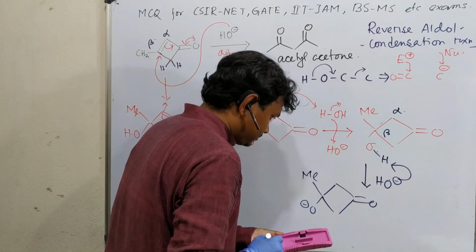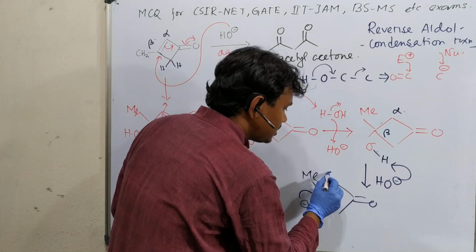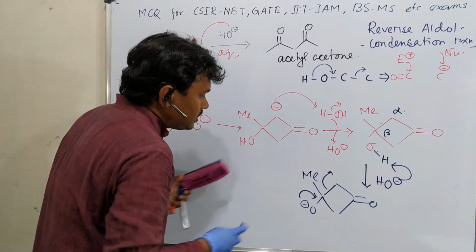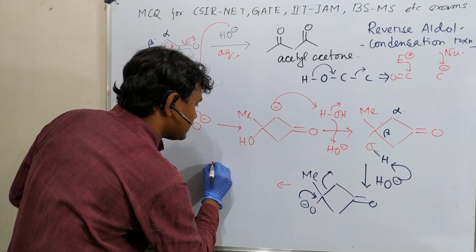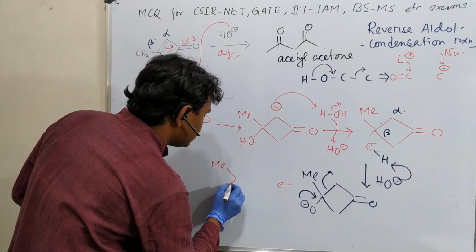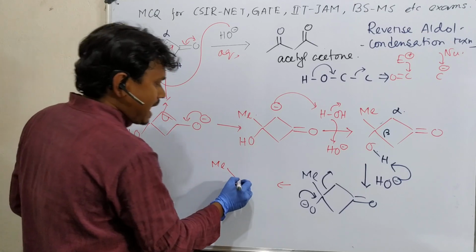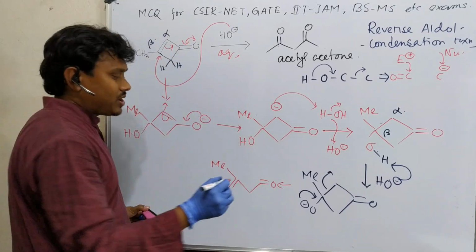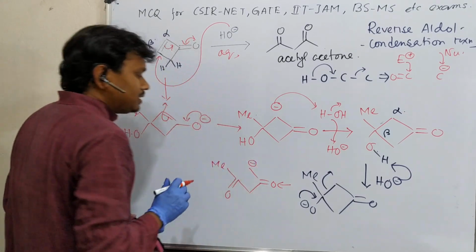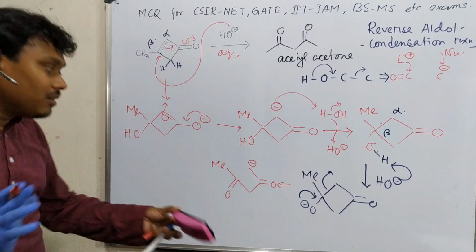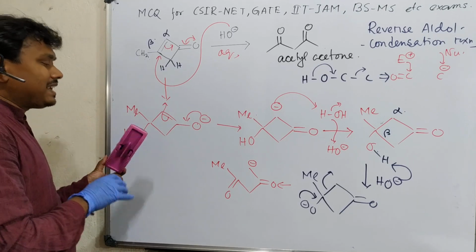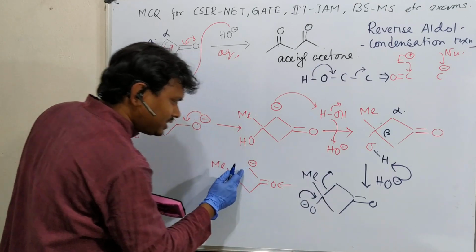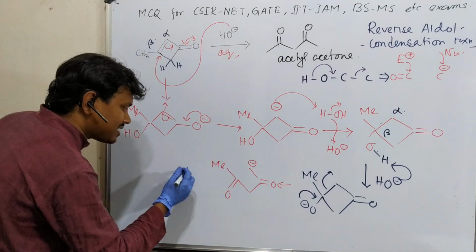In the next step, it will push, it will open. So what's the product? The product is, this is the methyl, double bond O. Okay, and in such case I always recommend draw exactly the same structure. Don't change. This is the structure we got. Now it's time to rearrange and write the molecule. Because what bond is broken? This bond, so negative charge went, everything is the same. So it will reduce the chance of mistake.